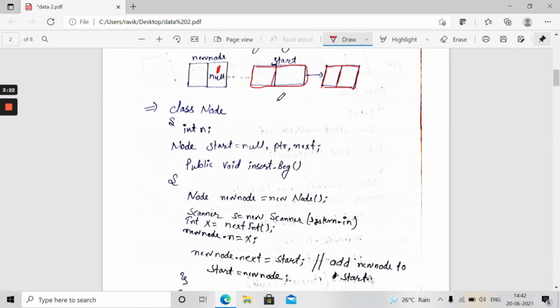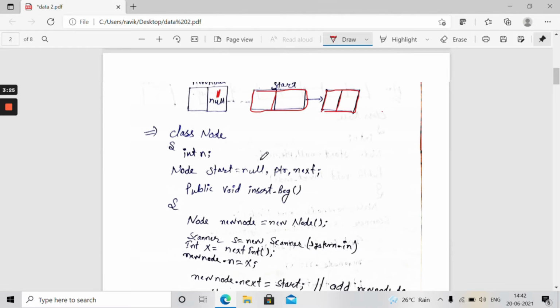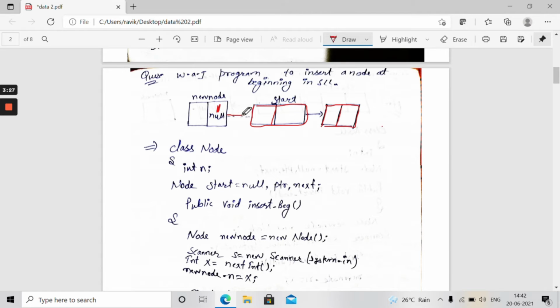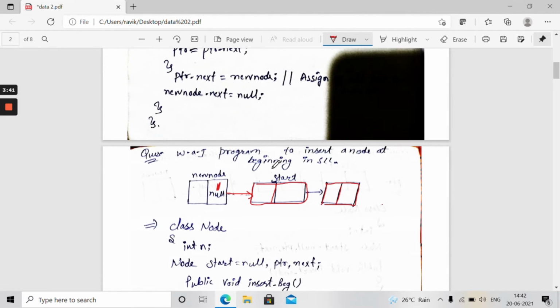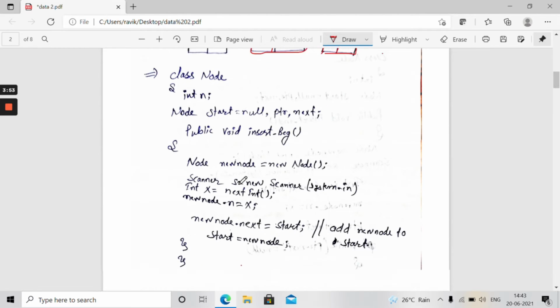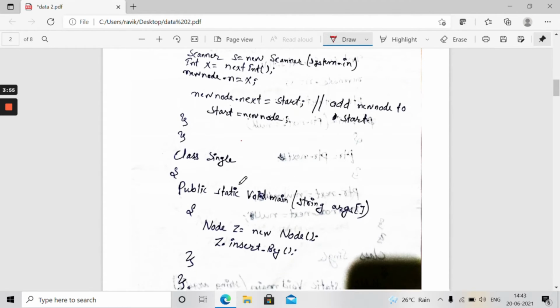If newNode.next is written in the code, then this is going to connect like that. This is connected. After that we know that the name of the first node is always start, so we declare start equal to newNode. After that start is coming at that place, like that. This is the easiest code you can ever see.